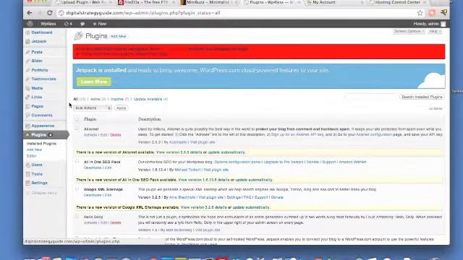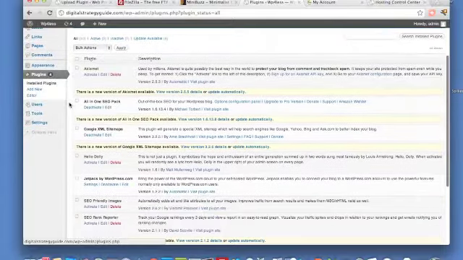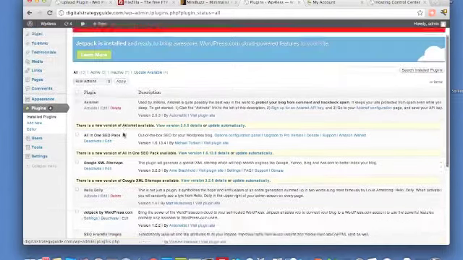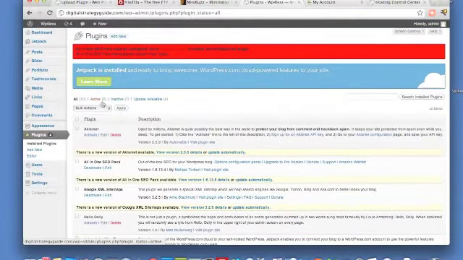In this tutorial, we're going to talk about how to set up sitemaps on your WordPress website via Google, Yahoo, Bing, and all the major search engines. You can see we've already uploaded the plugin called Google XML Sitemaps. If you need to upload the plugin and you haven't already done so, you